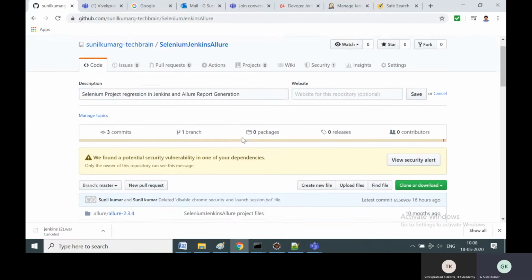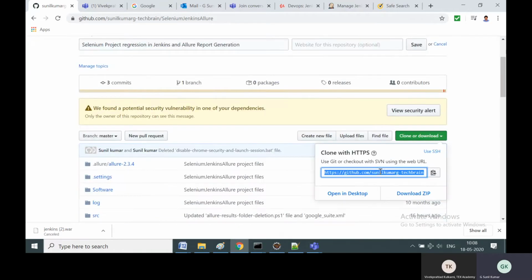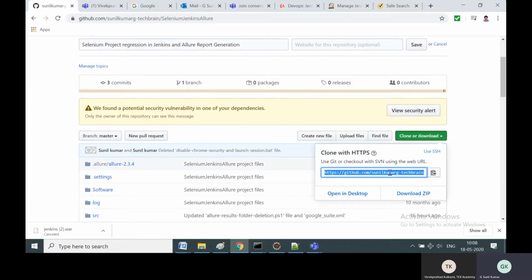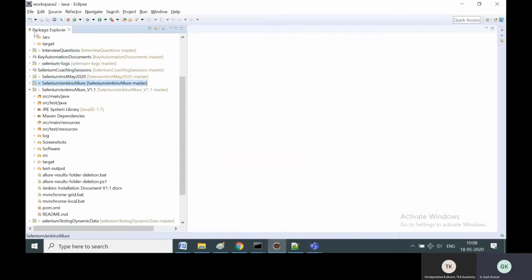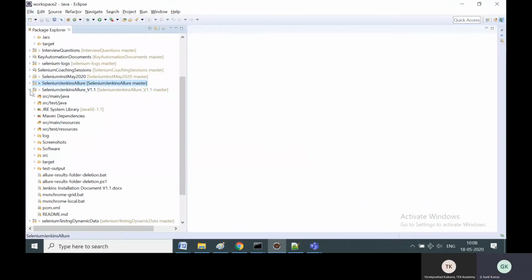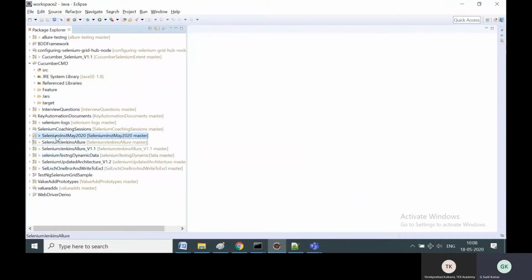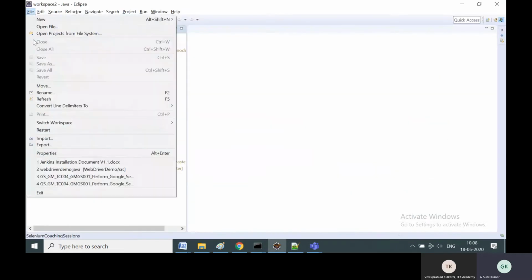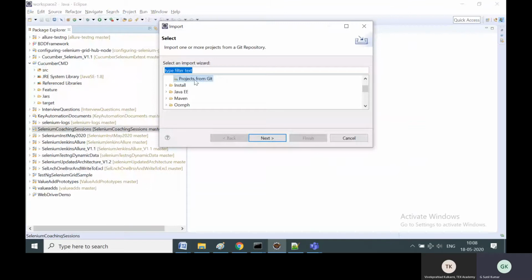all you have to do is clone this. See this clone. I showed you in part one also how to clone and have it appear in your Eclipse IDE. So you click this clone URL, Control C, and then you come to this package explorer and then say file. I told you before to import a project, right? So you can import a project, but before importing, if you can do this step first, that will be easier. So you can clone this, copy this clone URL, and then say file, import, projects from Git,